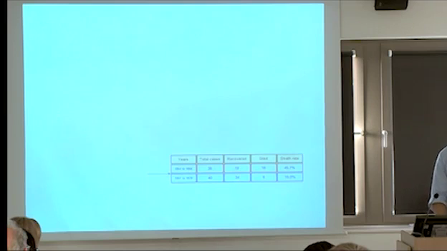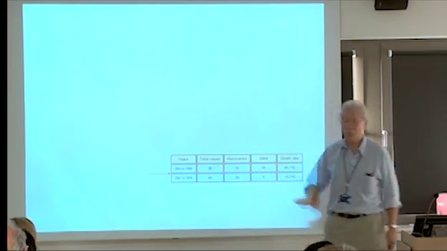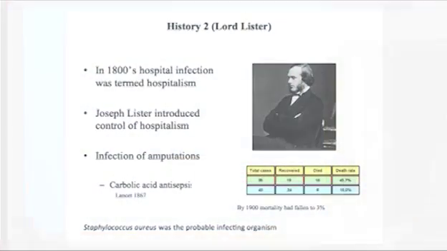This is Lord Lister up in Glasgow. And this was the amputation story and carbolic acid. And they knew carbolic acid had mild antiseptic effects. And you had this great and huge effect that preparing somebody for surgery with an antiseptic agent had a massive bang for the buck. And that's kind of stayed with us. And there's two concepts: hand washing and preparation for surgery. And we'll kind of revisit this a little bit.